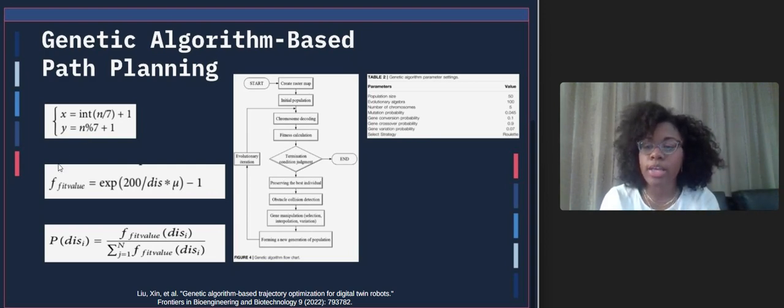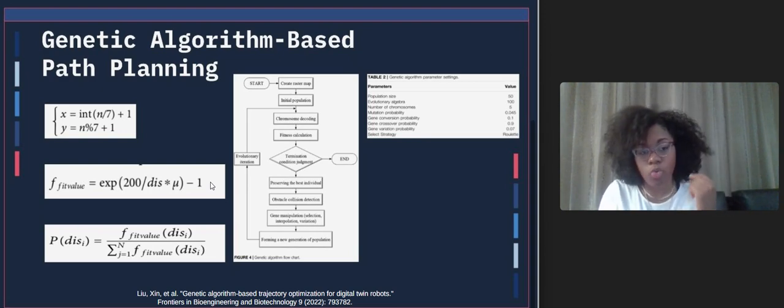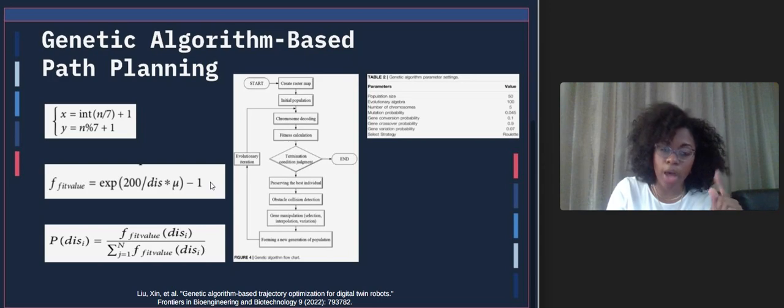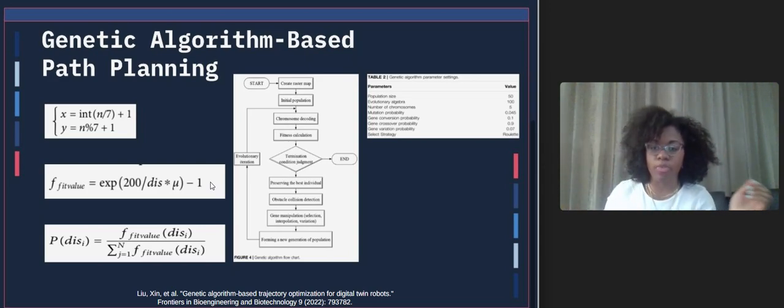Then we need a fitness value, right? So now we have our population. How do we check our population? We get this fitness value, where this is going to be our distance in the Cartesian plane, right? And so we know distance from like physics 1, where it's the difference between 2 x values squared plus the distance between 2 y values squared, and then you take the square root of that